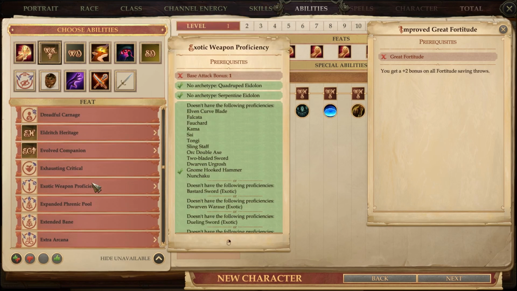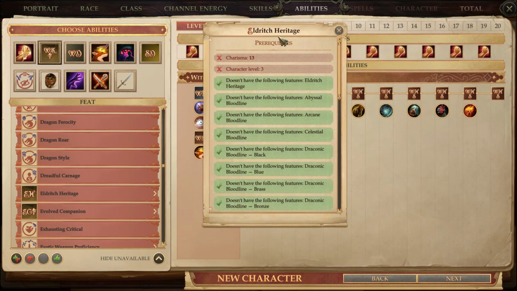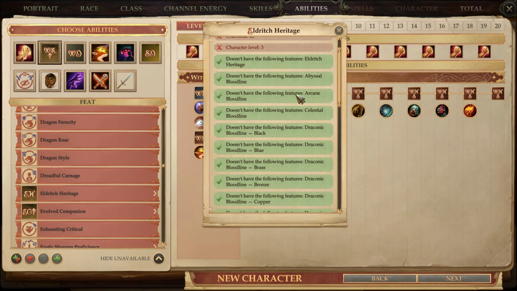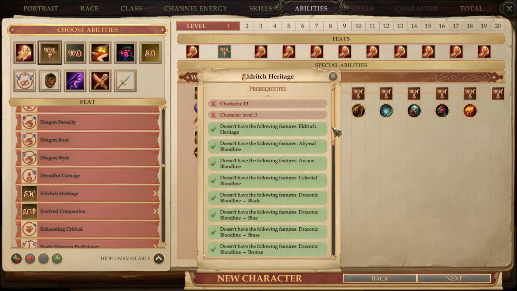Now I want to see that Eldritch Heritage. This one's one of my favorites, being that I played this type of character. A Charisma-based caster in Magus, for example. Elder Scion, to be specific. Notice this stuff. If you don't have one of these things,